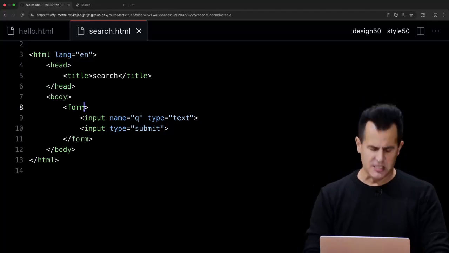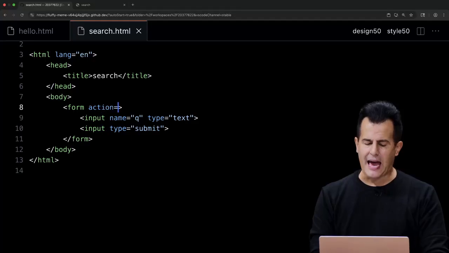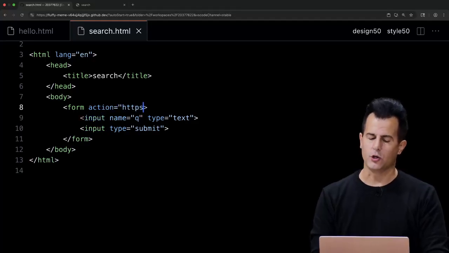I know nothing about cats. I don't have a database of cats. I haven't done any back end work, just the front end. The front end is what the user sees. The back end is what provides data to the front end. But why don't I tell this form not to submit to me, but let's say that its action should actually be go to